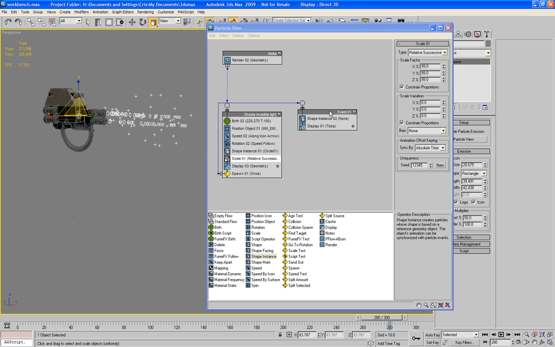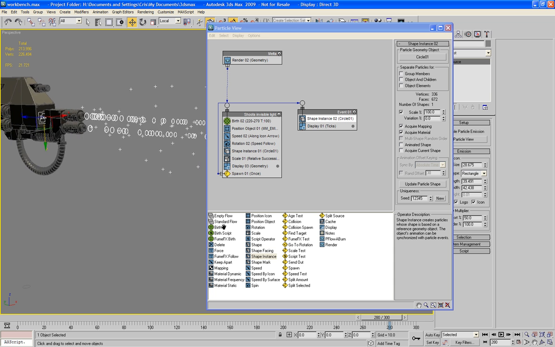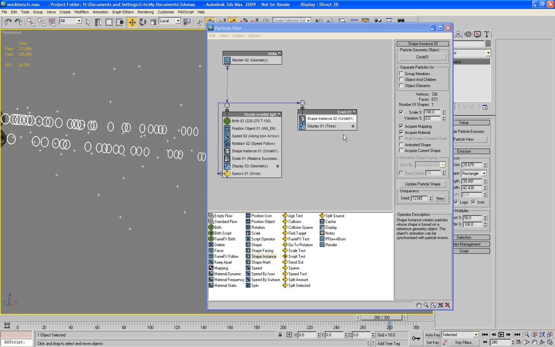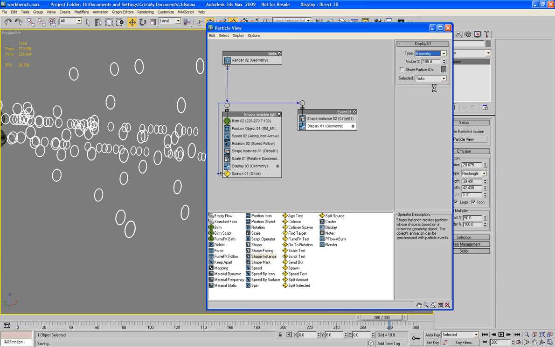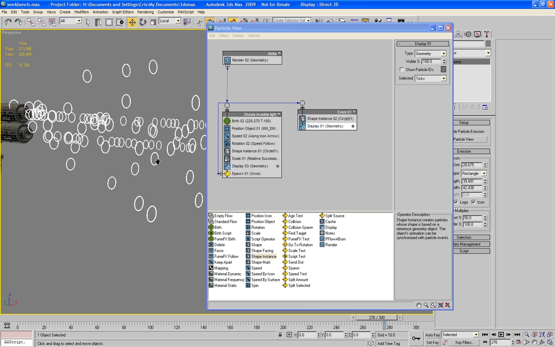For our shape instance, again, we're going to use the object down here, like so. And for display geometry. Now at the minute we're just creating loads and loads of magical flying saucers, which, you know, is okay I suppose, but